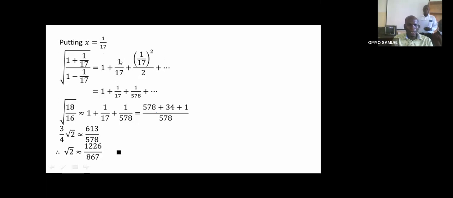Now we expand and simplify this. We also simplify the left hand side. It will give us 18 out of 16, but we know 18 is 2 times 9. Square root of 9 is 3, square root of 16 is 4. So that's why we have them out. Then on the right hand side, we have 613 over 578. And from here, when we cross multiply by 4, then divide by 3, and then again simplify,